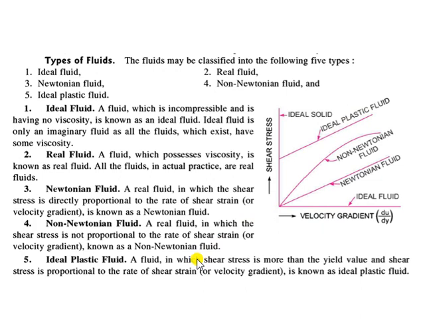One such example is, you can assume a condition in the morning whenever you go for brushing your teeth. What you try to do is push the toothpaste. Initially, just to squeeze out the toothpaste from the tube, you apply some stress. After reaching a limiting value of stress, from 0 to, let's say, 1, 2, 3, 4, 5, the paste will come out of the tube. And once the paste comes out of the tube, it can readily flow outside with a gradual amount of shear stress. Fine. So such types of fluids are called ideal plastic fluids.